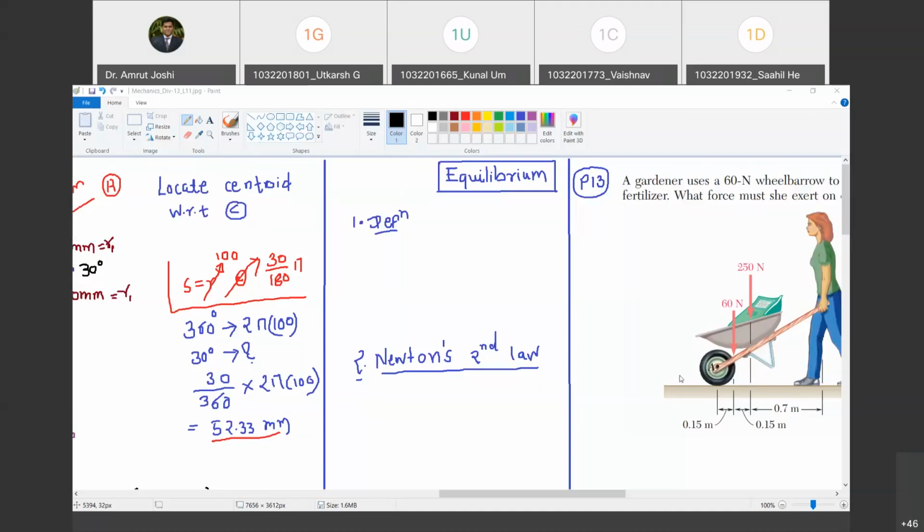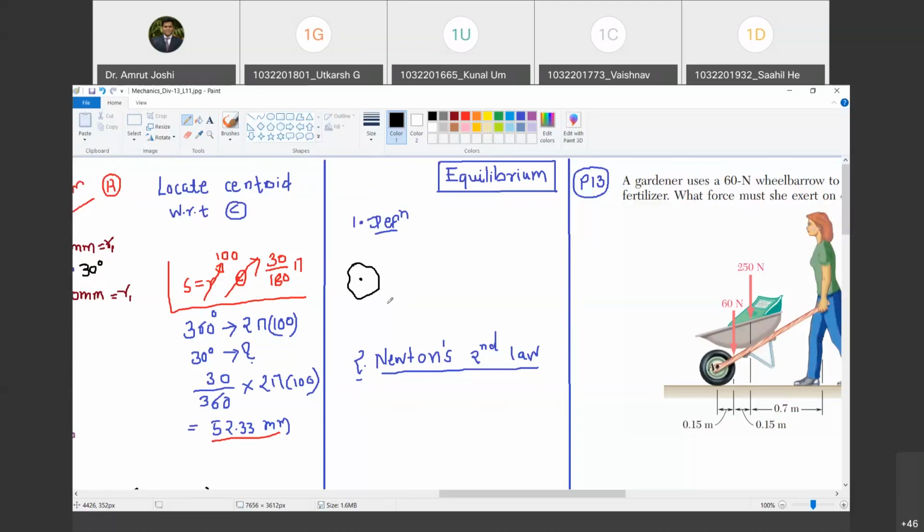So Kunal, what do you think? When do you say the body is in equilibrium? Chalo, bolo. When all the forces are balanced on it. Which batch are you in? M1, M2 or M3, M4? M4. So for M3, M4, it has not been done, but that is the typical notion that we have from 11th, 12th standard physics, that if all the forces are balanced, then we say the body is in equilibrium.